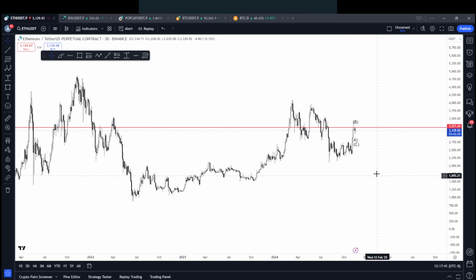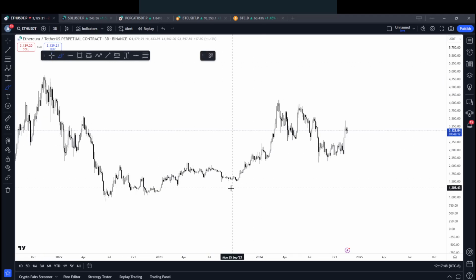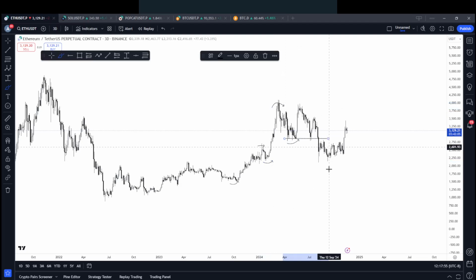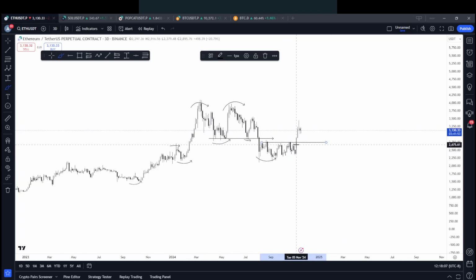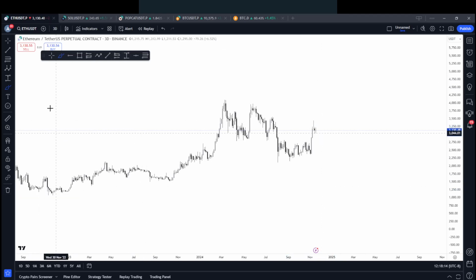Now let's take a look at this on a higher time frame, right? If we are talking about structure and we have all these highs being made, if we're talking about this being our last lower or higher low here, right? We broke structure here with a lower high, double bottom. Here's the lower low. Here is your last lower high. So we do have a break of structure on a higher end. Again, come back down. Everything lines up with